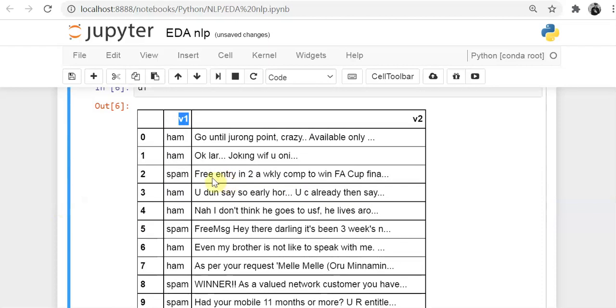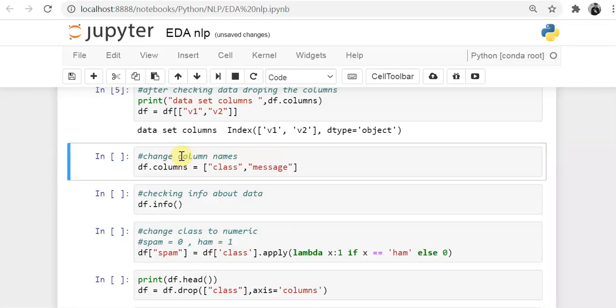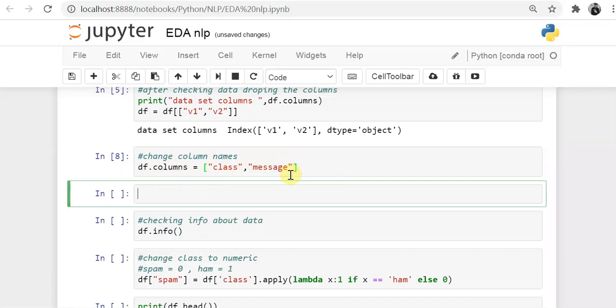But the column names are not looking good. So first we will change the column names. I have written here df.columns equals class and message. Now look at our df. I think it should look good now. So df.head.